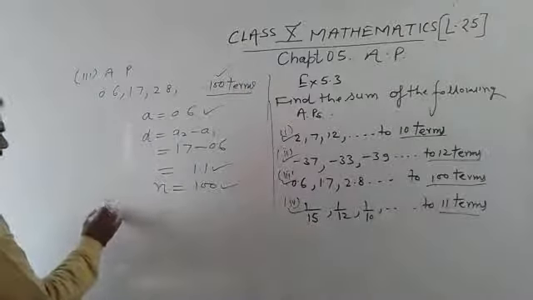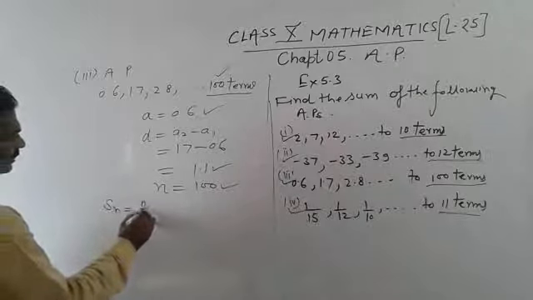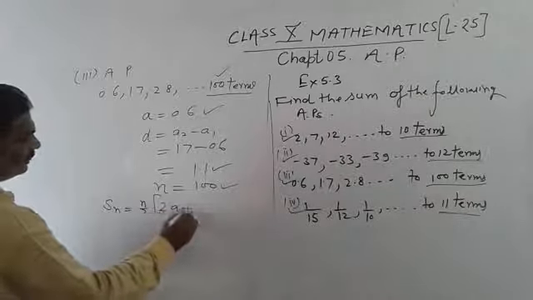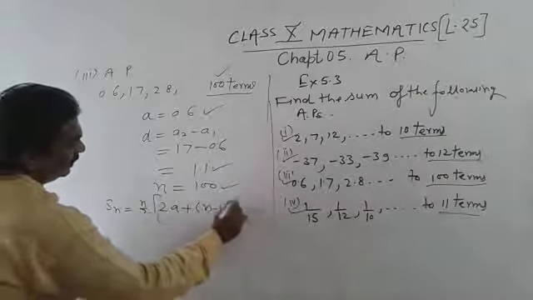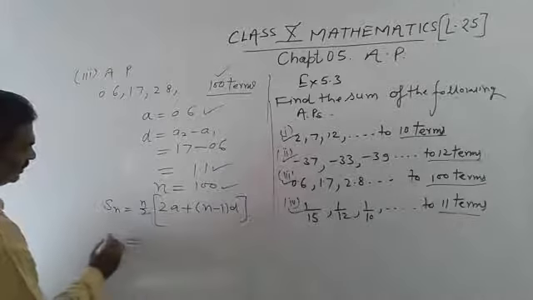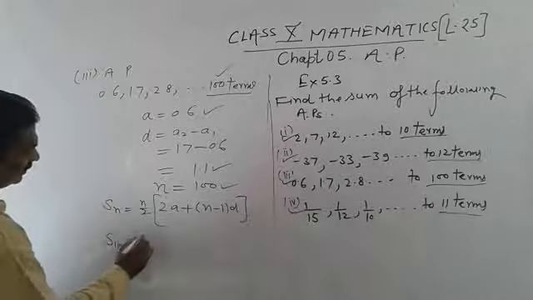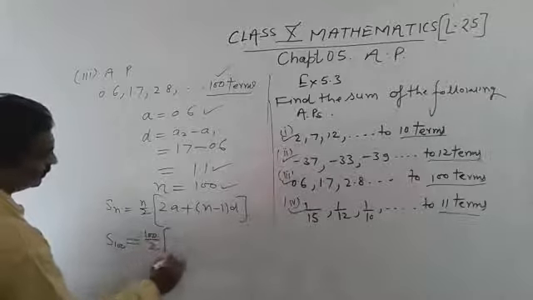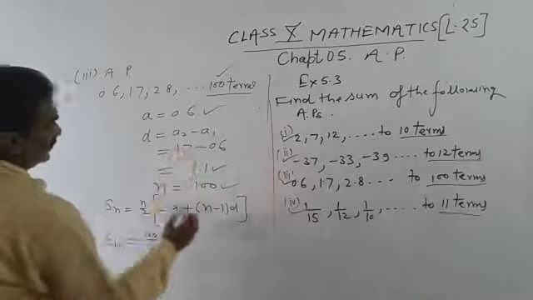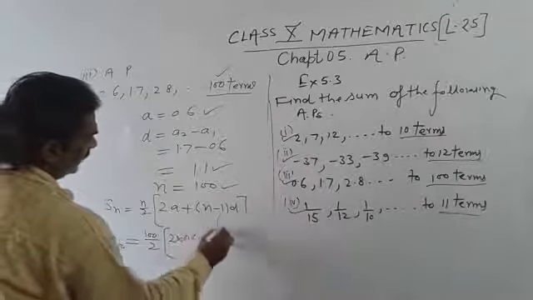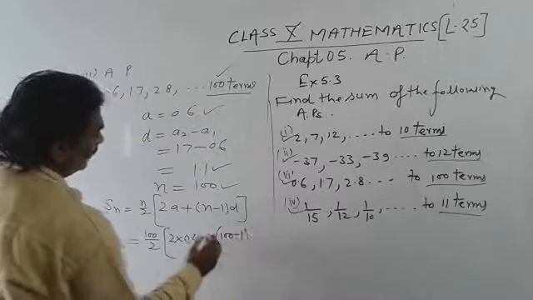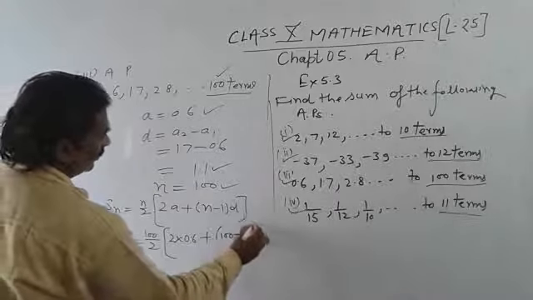So solve Sn is equal to n upon 2 into (2a plus (n minus 1) into d). Putting these values, S100 is 100 upon 2 into (2 into the first term 0.6 plus (100 minus 1) and d is 1.1). Students,